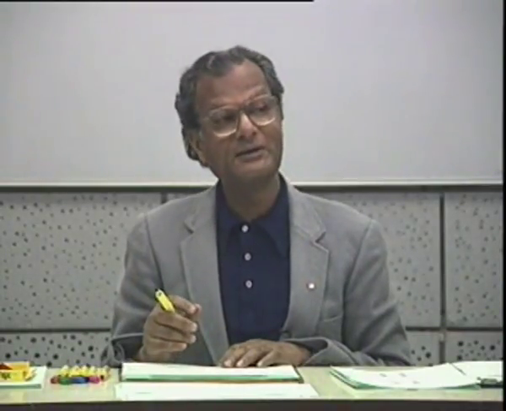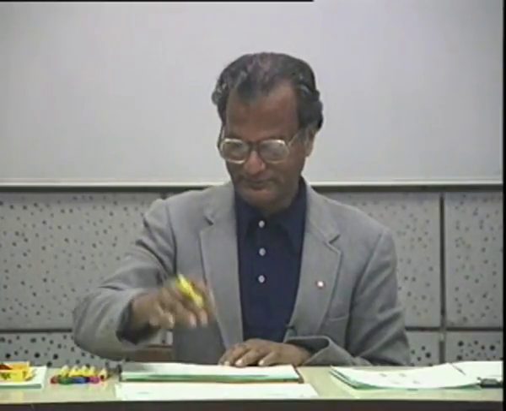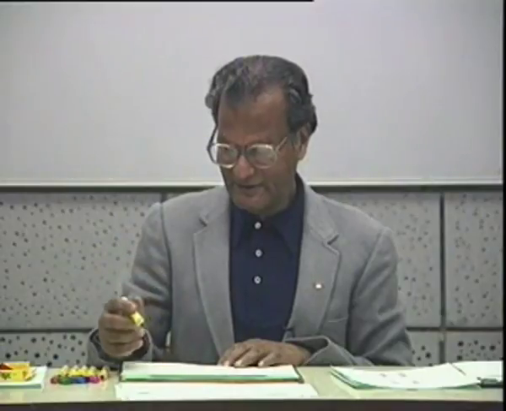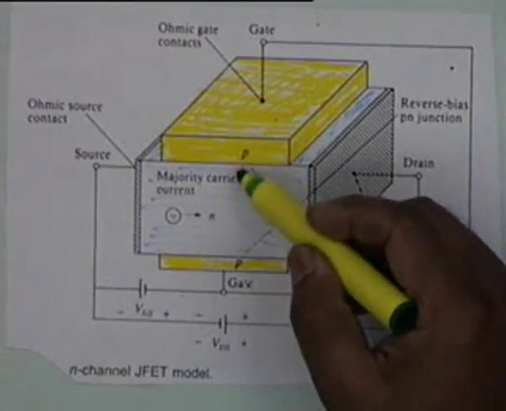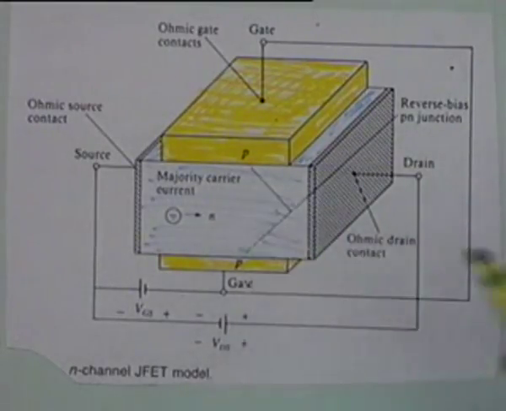Yes. What is the approximate size? Micron. A few tens of microns. It's very small. And the tendency is to go to lower and lower dimensions, as small as possible. Now, therefore, this junction P and N is reverse biased, and this is also reverse biased.